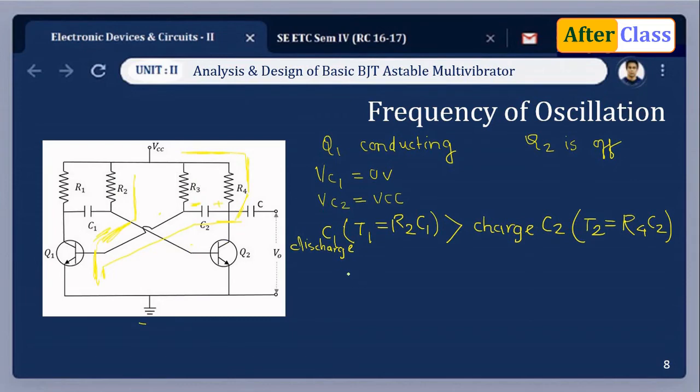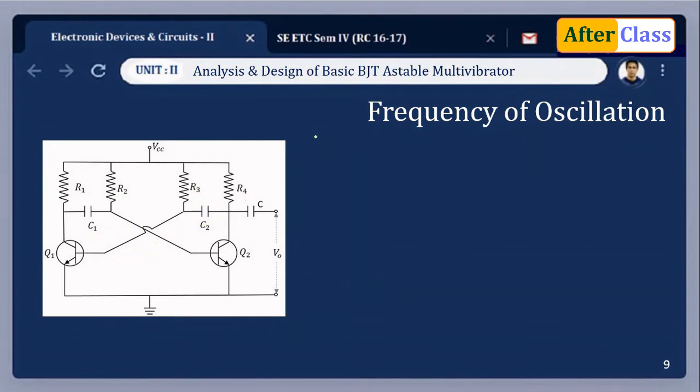So when VB2, that is the base voltage of transistor Q2, reaches a value of V on, the circuit enters into state 1 again, and then the process repeats. This is what we have discussed, the time period of the wave. This is the wave structure. When this is low, the output of the transistor Q1 will be high, and so on. Now the time period of the wave depends only upon the discharge of capacitors C1 and C2.